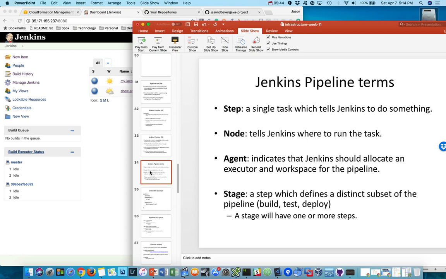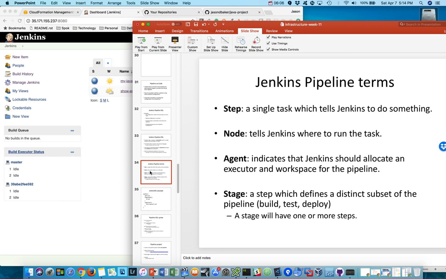And a step is essentially, think of a step as being a single build task that Jenkins will execute during a build. We also define a node, and the node tells Jenkins where it should run the build for the